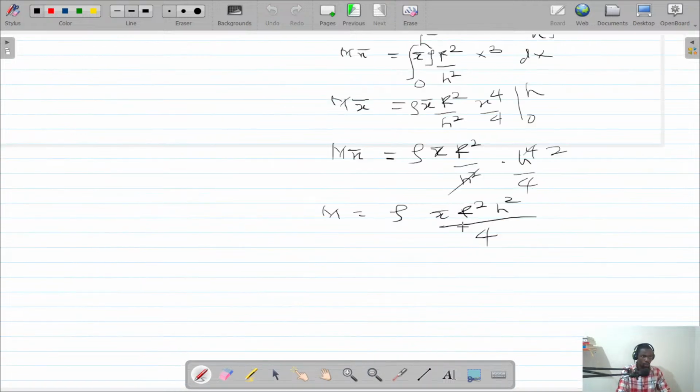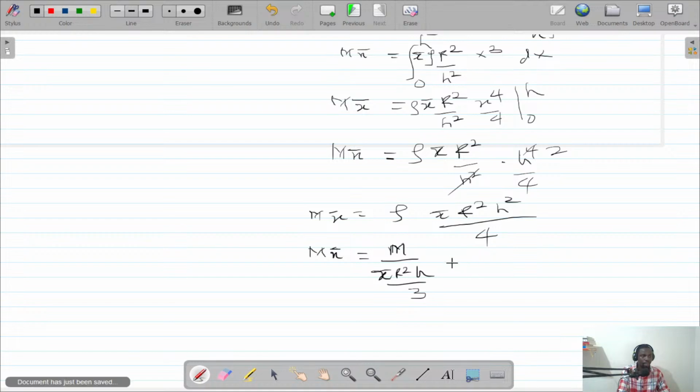So wherever we see rho, we will put m over pi r squared h over 3. So total m times x bar will be equal to total m over pi r squared h over 3, multiplying pi r squared h squared